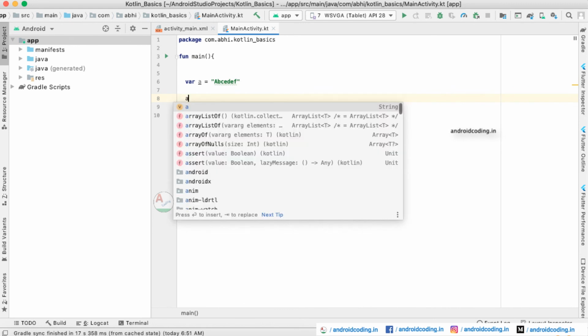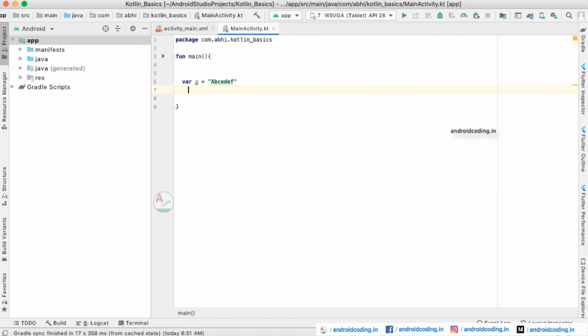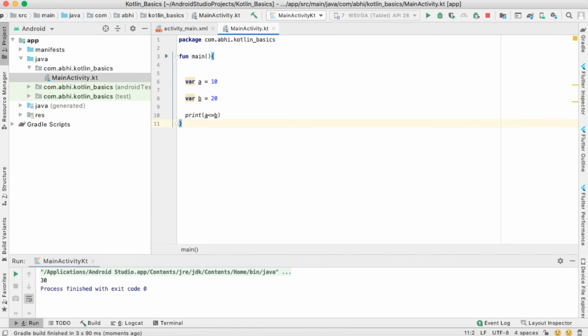When you check it, it is considered as a string variable. Depending upon the value you provide to the variable, it will be considered as that particular data type. This is it for variable declarations in Kotlin.